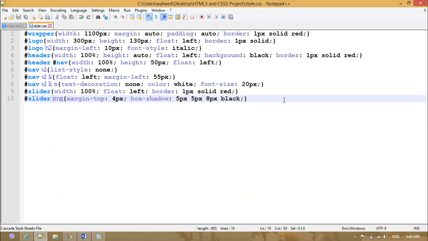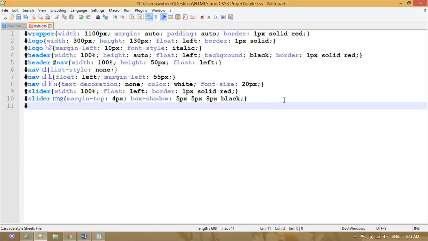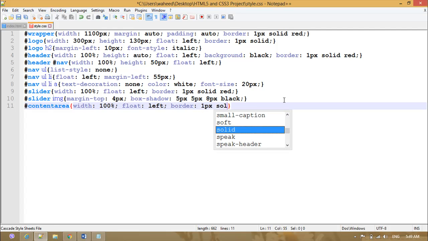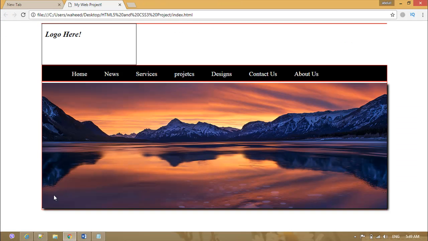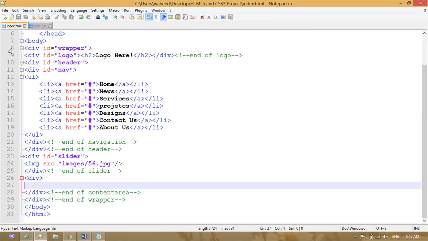First you need to go here, hash contentarea, content area. The width of this should be 100%, the height should be auto, float should be left, and border we are using here, border 1px solid red. Come here and focus on this area, refresh. Yes, you need to add here